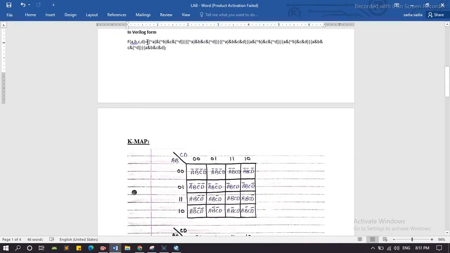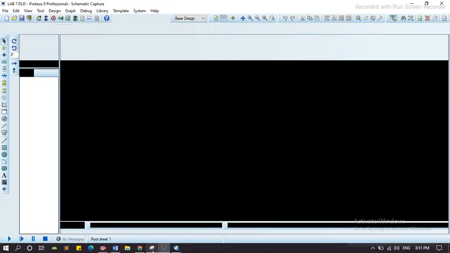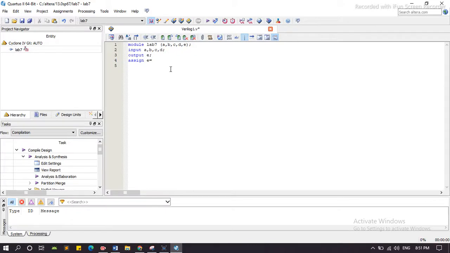Now we copy this and paste it here. This is the expression given by the truth table, the minterms of the truth table. Now we end the module.